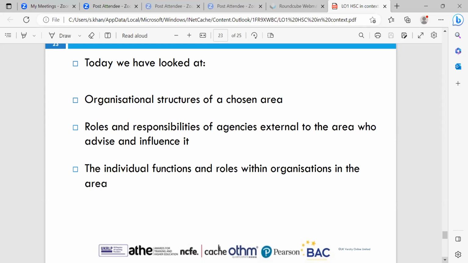Then we looked at the individual functions and roles within organizations. So different roles like managers, nurses' roles, the administrator's role, the doctor's role, the care worker's role, and the importance of these roles, and also the different functions within an organization. So things like the recruitment and selection, the human resource management department, the finance department, these work hand in hand for any organization, but for a large organization such as the NHS, there is a need to have these different departments within the organization, and there's also a need to have different roles within the organization so that people know